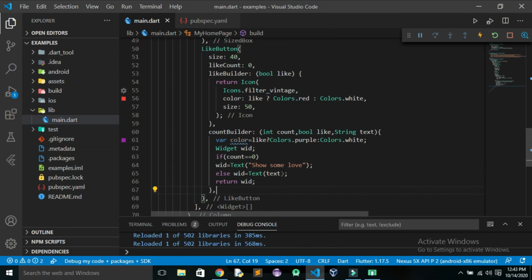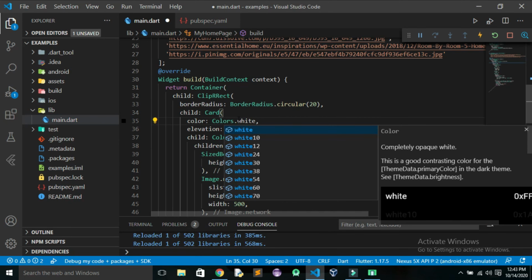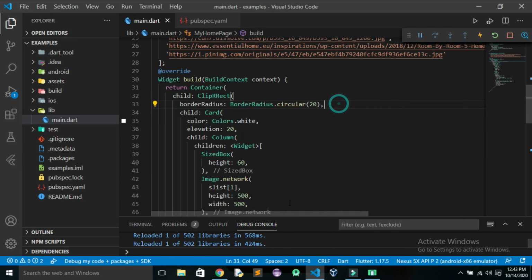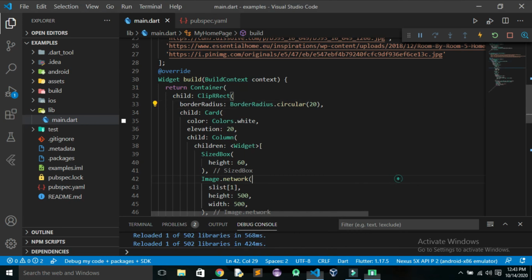Okay, we have to change the color of text because it won't be visible. Because the color is black, so for that we can change this to white. And now you can see that it is showing show some love, but this is white in color, so it won't be shown. And now you can see that you can see the color changes as well as the number.